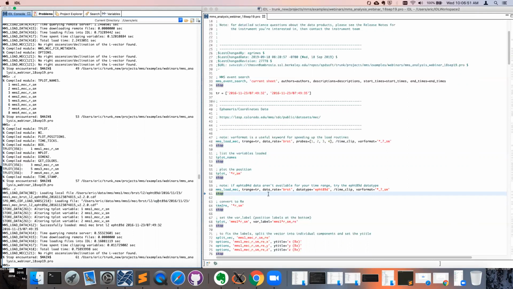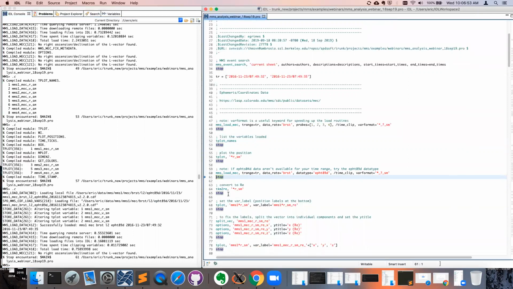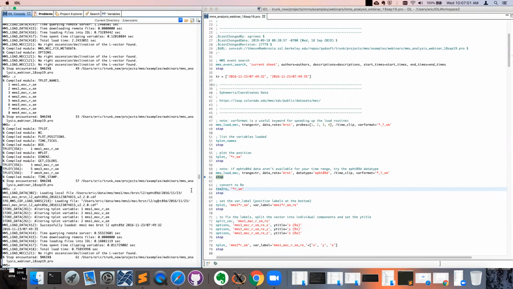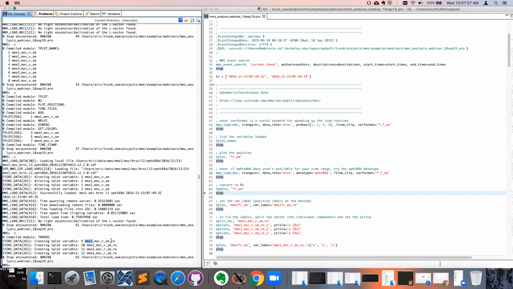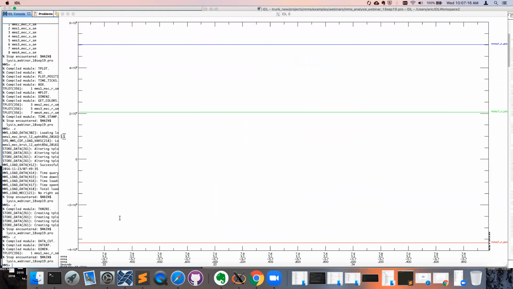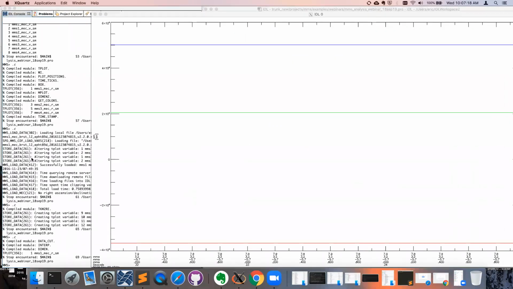And another useful routine is called TKM to RE. This will convert from kilometers to RE, to Earth radii. So you just call it on your position variables. And you see it created 4 new variables, now with the suffix underscore RE. So these are now in units of Earth radii. So we can plot it. And this time we actually plotted